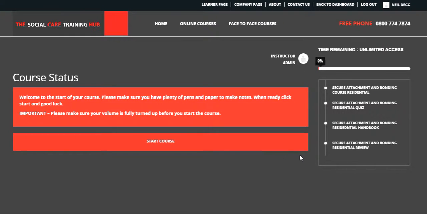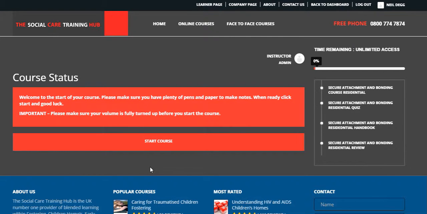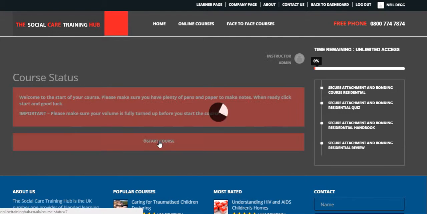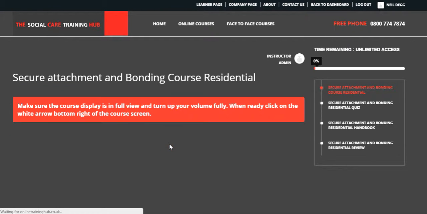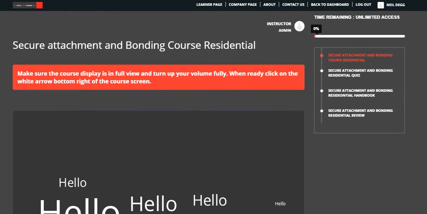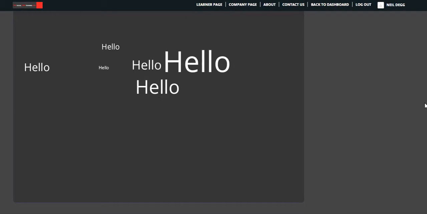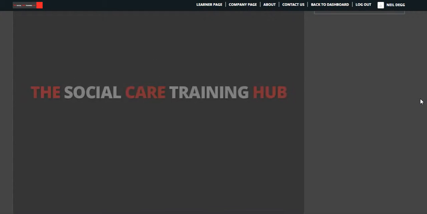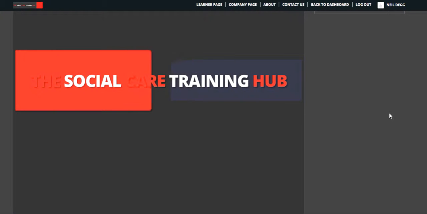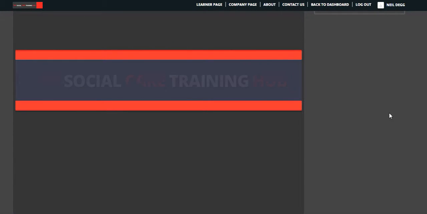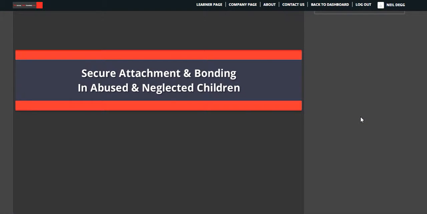Once the course starts, you will see some instructions to get some pens and paper. I'll ask you to take your time, as you'll be taking an assessment later on in the course. Once the course loads up, you then need to scroll down and make sure the course screen is in full view. You will see an introduction, you will see the course name,